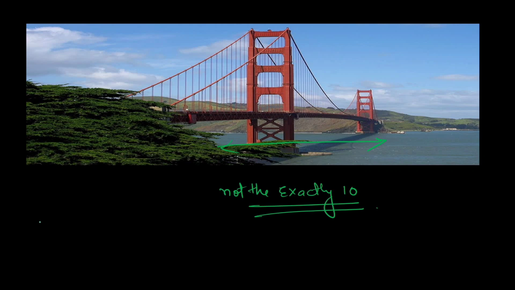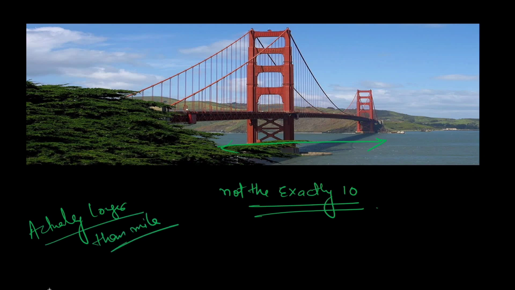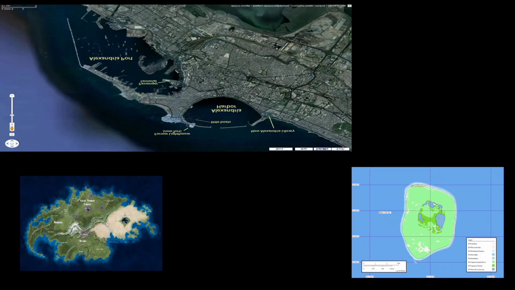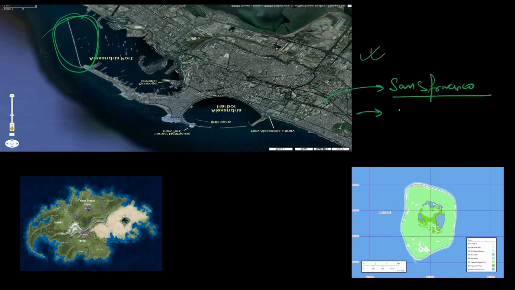The Golden Gate Bridge is actually longer than a mile, but if you go within the twin spans, it's roughly about a mile. It's actually a little longer than that, but that gives you a sense of a mile. Now if you multiply that by 10, you get to the size of a larger city, and this is a satellite photograph of San Francisco. This is the actual Golden Gate Bridge here, and when I copied and pasted the picture, I tried to make it roughly 10 miles by 10 miles, just so you appreciate the scale.